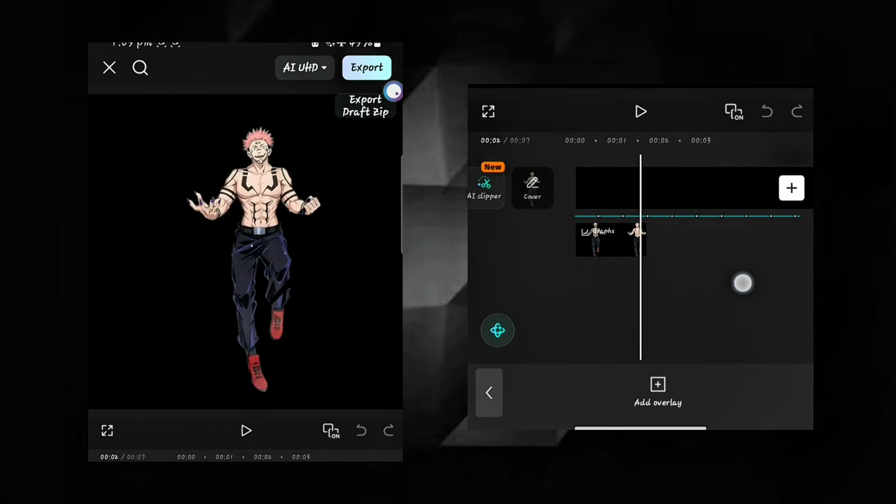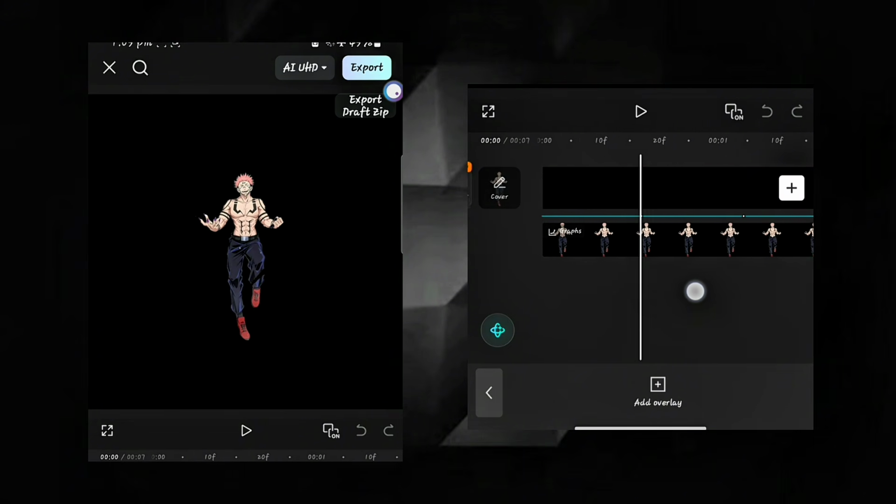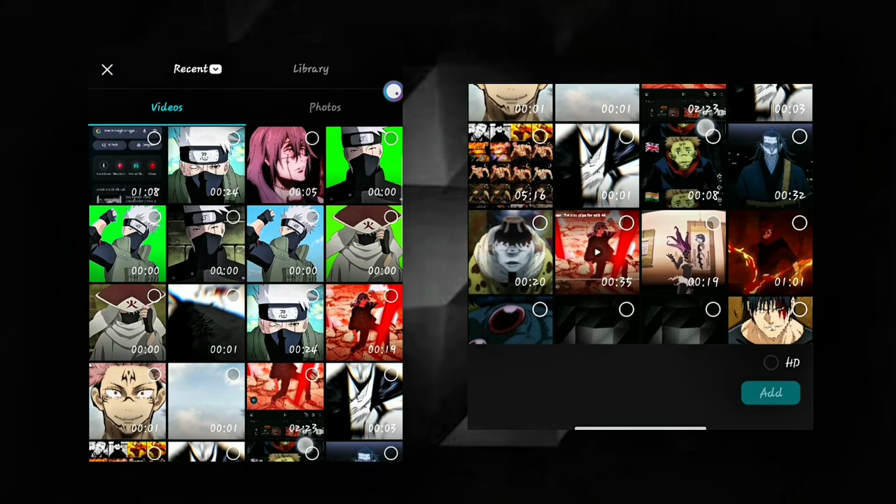Return to the first project. Add the zoom out transition overlay on the second beat.